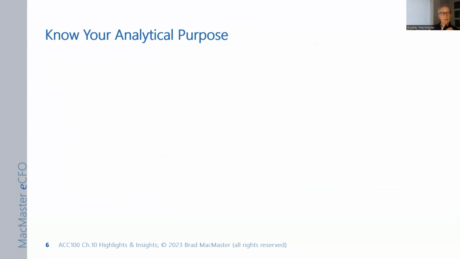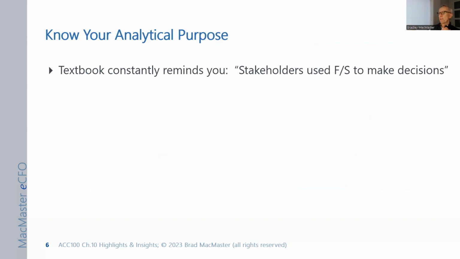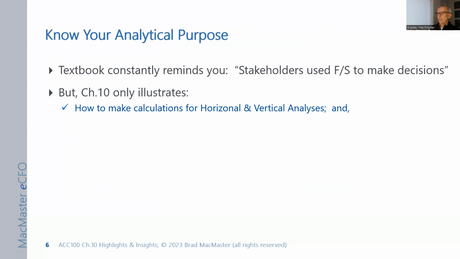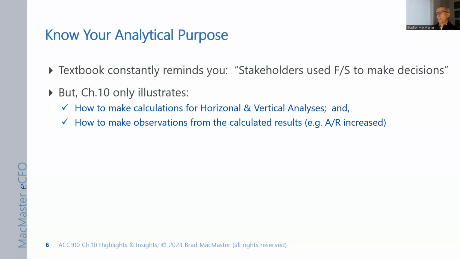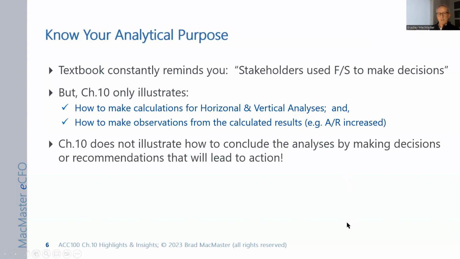Know your purpose. The textbook constantly reminds you that stakeholders use financial statements to make decisions, but Chapter 10 really only illustrates how to make calculations for horizontal and vertical analyses and how to make observations from the calculated results. For example, accounts receivable increased. But that's stating the obvious. And if you really want to derive some value from the analysis, we have to get to the point of being able to make conclusions from the analysis